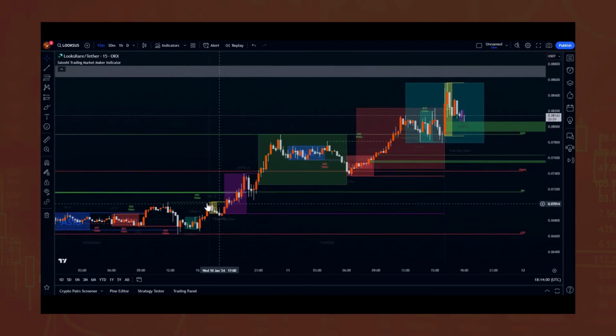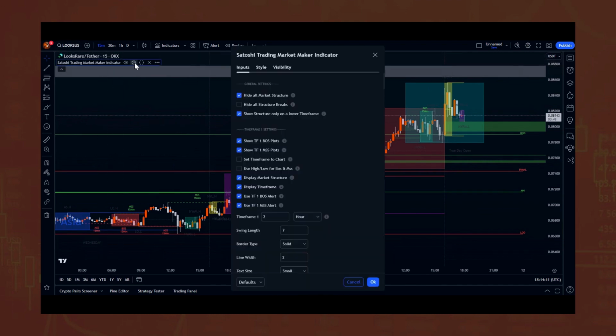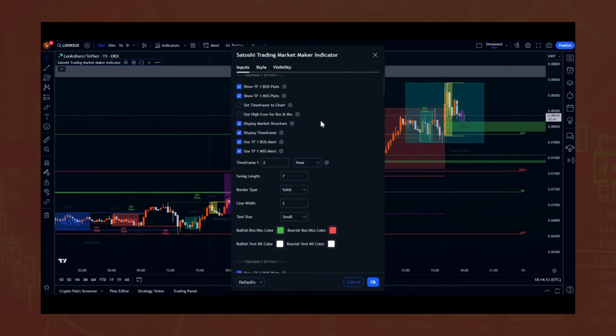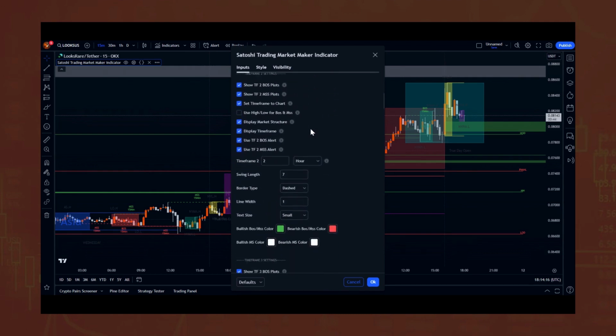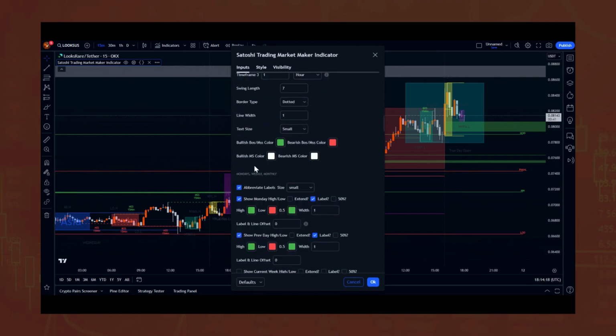This I do show you. I'm just showing you that this has now loaded it up. This I've showed you how to set the settings up inside the trading floor. If you have Satoshi trading floor and you have access to us, we give you access to these tools, and you can then